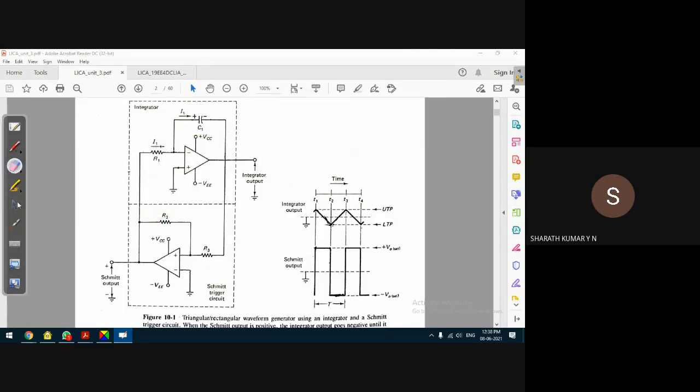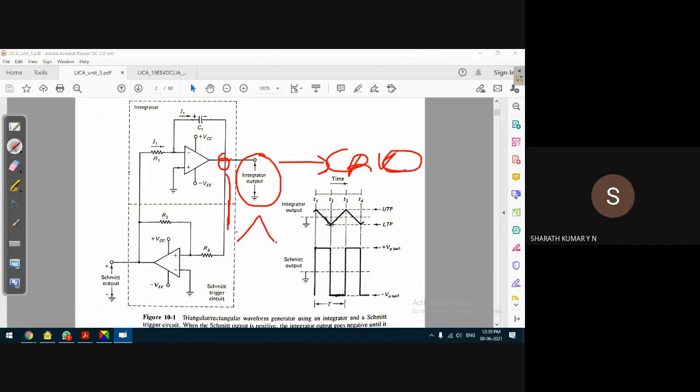Observe the output of the integrator circuit. Of course, we can observe this output on the oscilloscope, the CRO. Let me write CRO, because writing oscilloscope is very difficult with this mouse. CRO, not CRV, CRO. The output of this integrator, which in our case is triangular. Why it is triangular, we'll see.